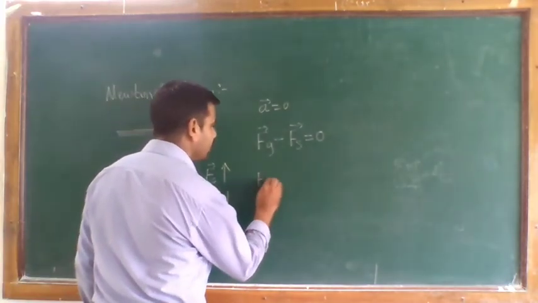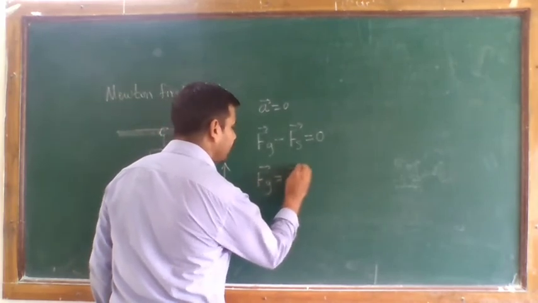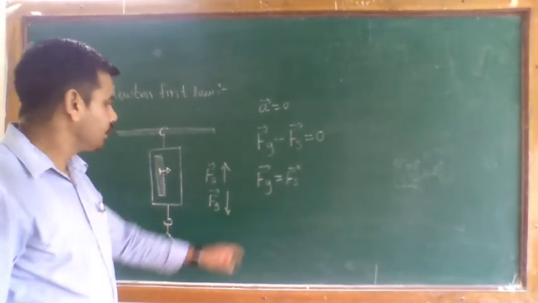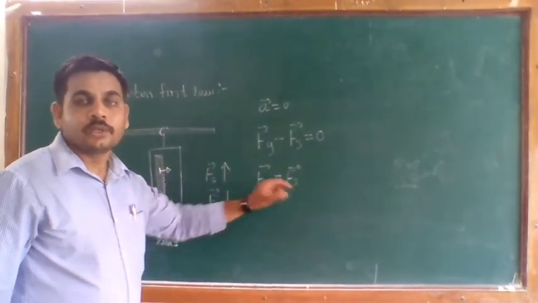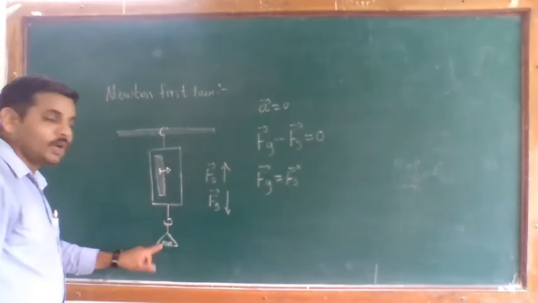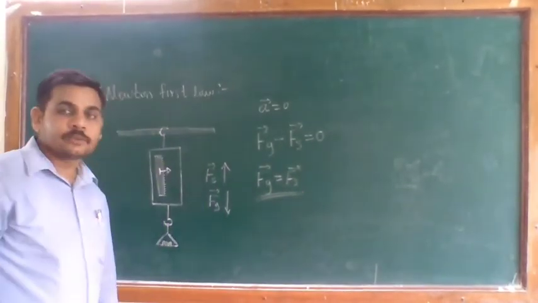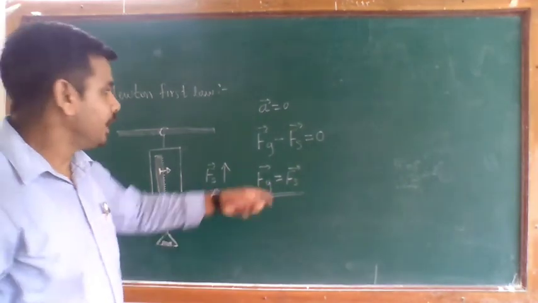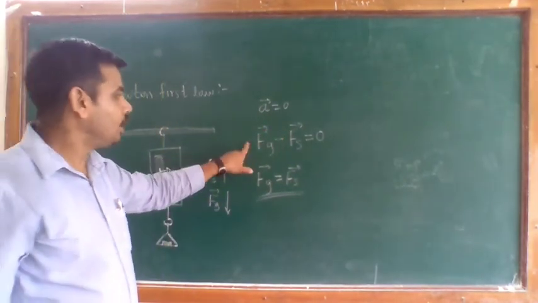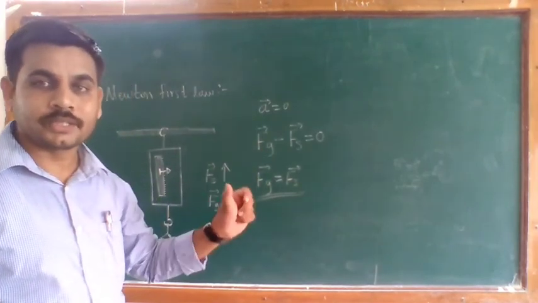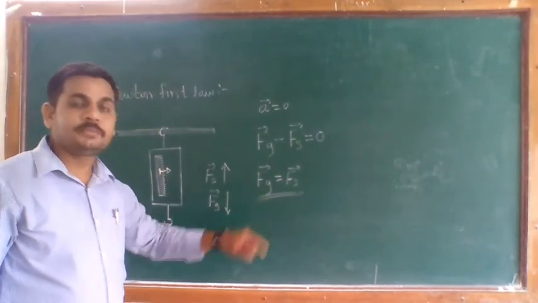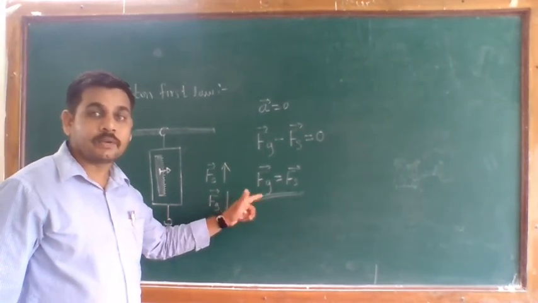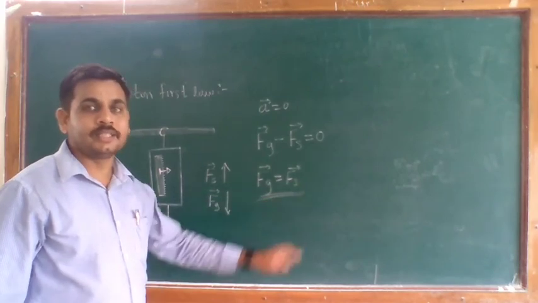So you can write Fg equal to Fs. Whatever gravitational force exists on your object is nothing but your spring force, which is the exact weight of your object. So this relation gives us the exact weight of this object, which is in the rest position, and if it is in the rest position, its acceleration is 0, or the net sum of the forces is also 0. From that you get Fg equal to Fs, which tells us that the exerted gravitational force is equal to your spring force, and this gives us the exact